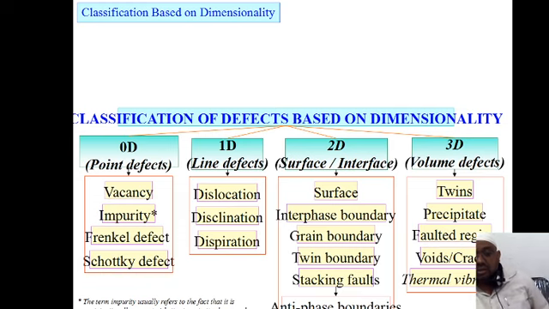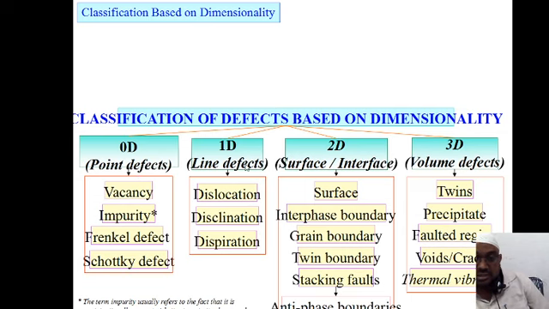That particular dopant may have a positive impact, or it may also have a negative impact. But more precisely, we should not say impurity, but dopant, right? So that is the reason we go for this: the vacancy, impurity, Frenkel defect, Schottky defect. And then dislocation, for 1 dimension you find dislocation, disclination, and so on. This comes under this category. Regarding impurity, we will have interstitial and substitutional defects, which are also considered point defects, right? We will discuss them in detail when we go to point defects.